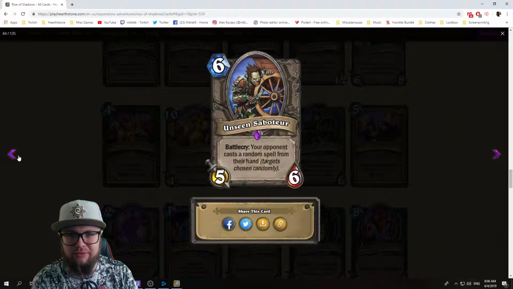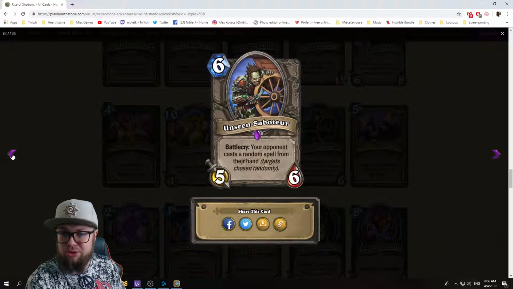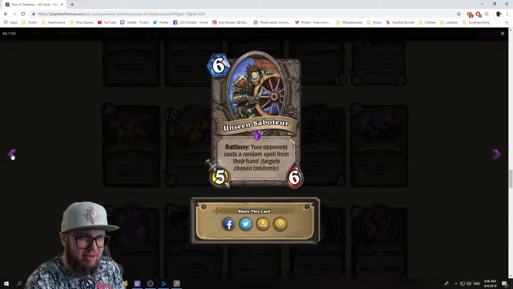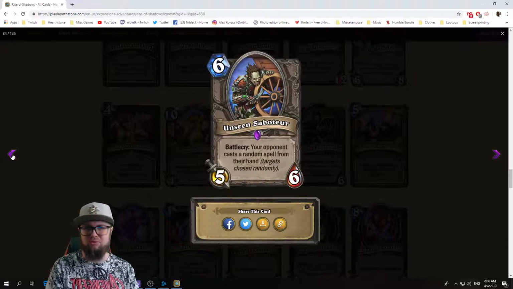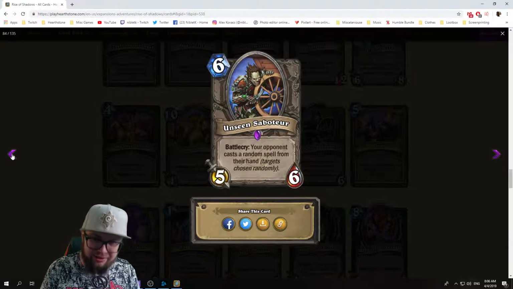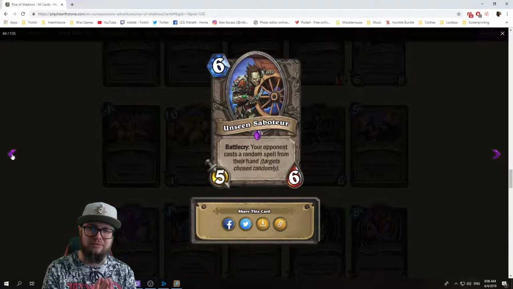Next we have Unseen Saboteur, a 6-mana 5/6 neutral minion. Okay, stats wise, decent I would say, a little bit under. Usually you would go with a 6-mana 6/6, right? That would be like a standard one. Battlecry: your opponent casts a random spell from their hand. Targets chosen randomly. Okay, so this is a really big disruptor against